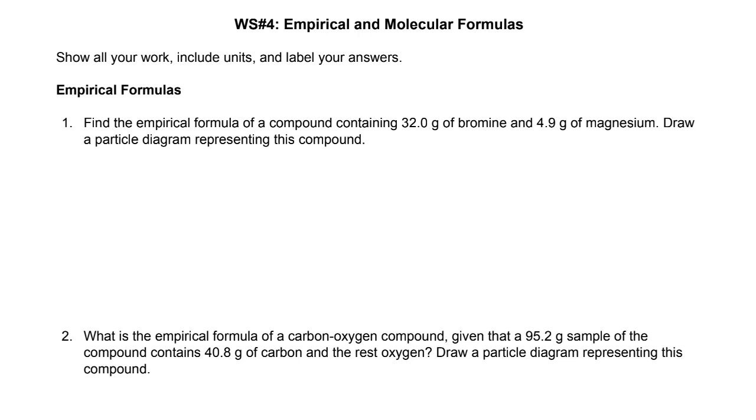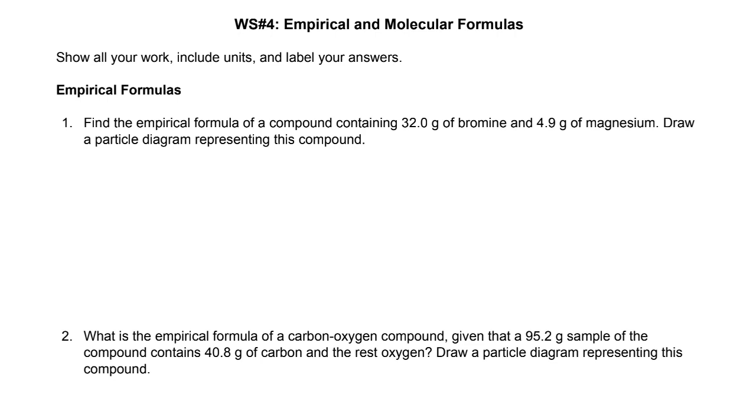Welcome to the walkthrough for worksheet number 4. Today I'm going to tell you how to find the empirical and molecular formula of a compound. And on the front of the worksheet, we're just finding empirical formulas. Empirical formulas are the simplest ratio of elements in a compound. So we're trying to figure out how many, for example, in this first problem, how many bromines to how many